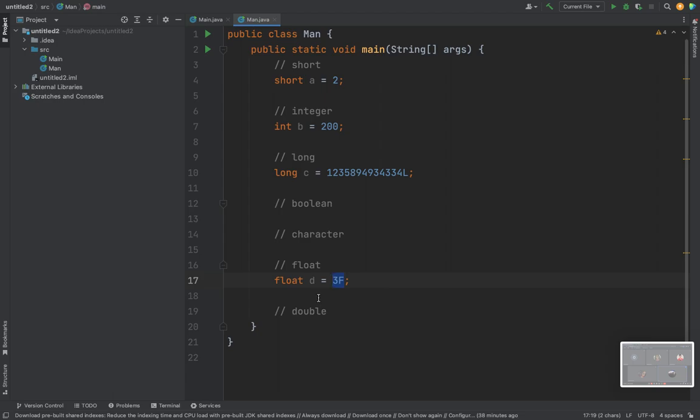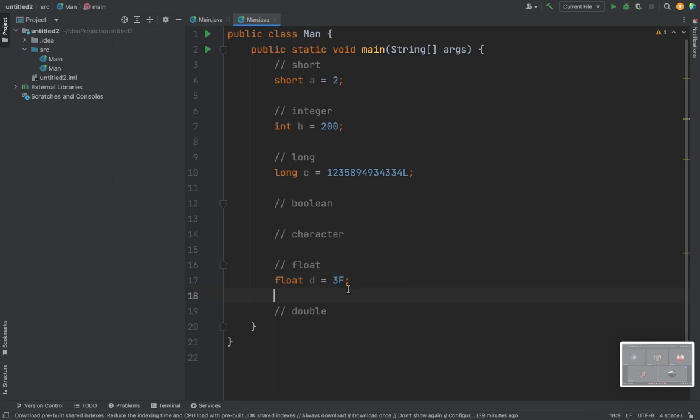Obioma and Jennifer, any idea? Internally, what will you consider this thing to be? 3F. What would you consider it? Okay, all right. So in mathematics, you understand that 3 is equivalent to 3.0. You understand that? Exactly. So when you execute this code now, because of this f you put here, it will treat this